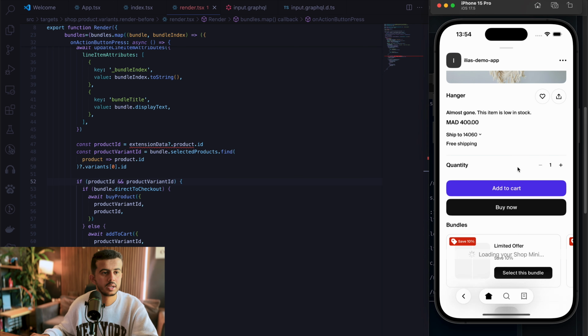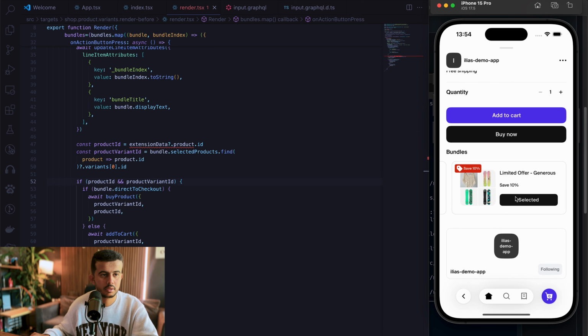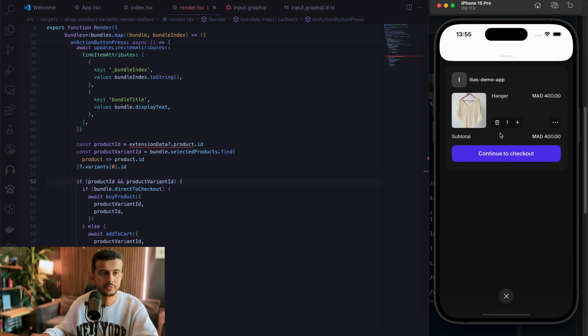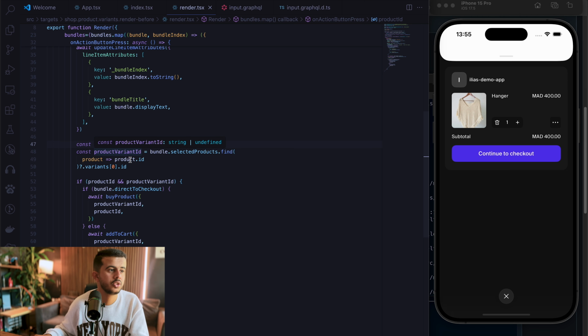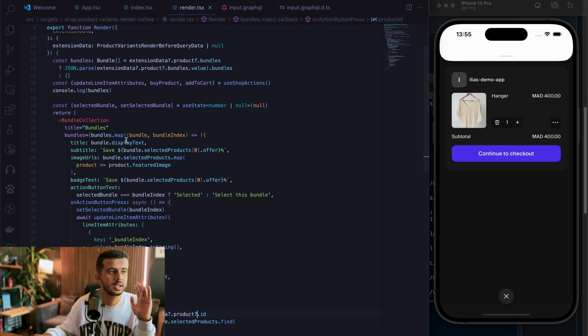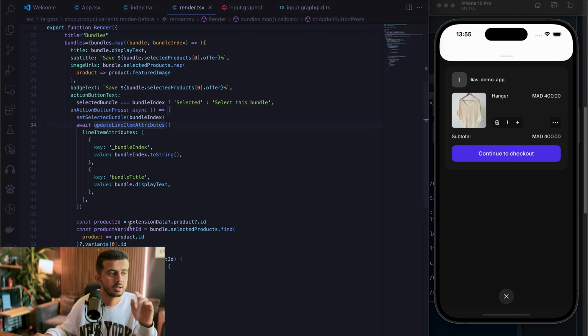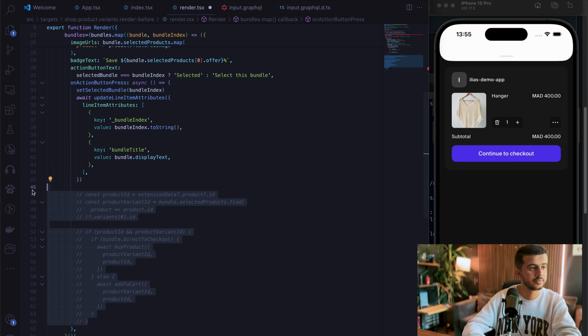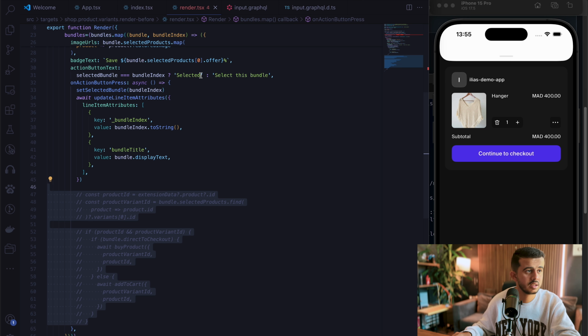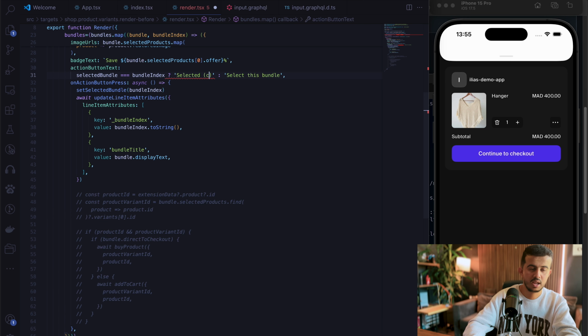So we can go here, select one of the bundle, so it's automatically added to the cart, but as you can see right now, nothing shows up. There is no bundle right now here. This is the issue right now that I'm still having, but I'm not sure what exactly the issue is. I tried to add a timeout, to wait until the custom property has been indexed, and the only solution that I managed to do is, I don't need all of this, and when the bundle is selected, we can just have